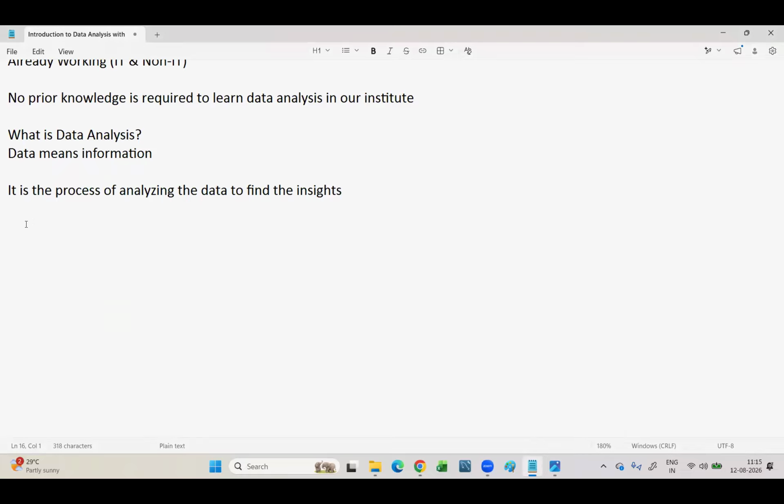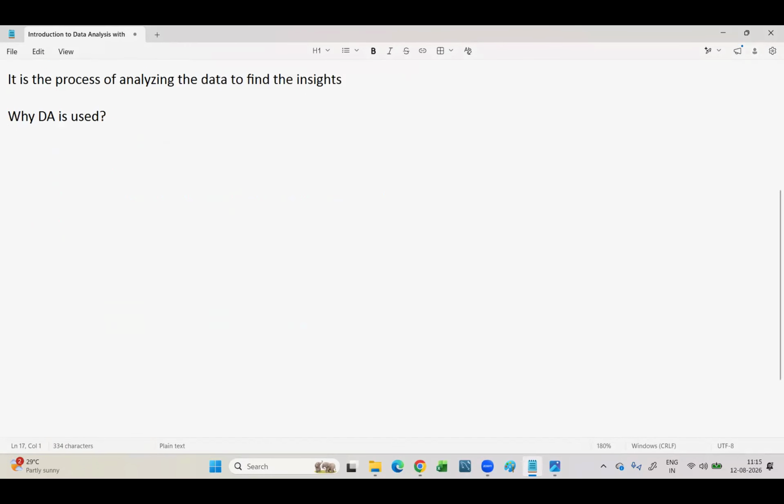But why do you need to use data analysis? Why is data analysis used? Think about this. To answer this question, I am going to use some examples, and you need to understand this very specifically, because in this particular question itself you will understand the impact of data analysis on day to day job opportunities, and how the market is for this. So try to understand this.